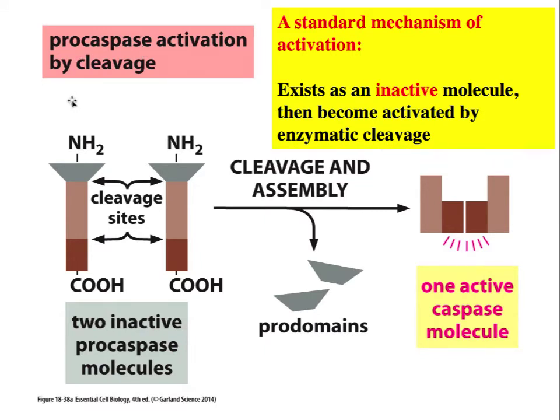In this case, we have a particular enzyme that exists inside the cell in an inactive form. Under a particular stimulus, the enzyme will be converted from the procaspase into the caspase version. So caspases are one type of enzyme involved in the apoptotic pathway. The cleavage removes the prodomains, exposing the active sites which come together in this dimer to activate something else. So the active site is formed down here when the dimers come together in this configuration.